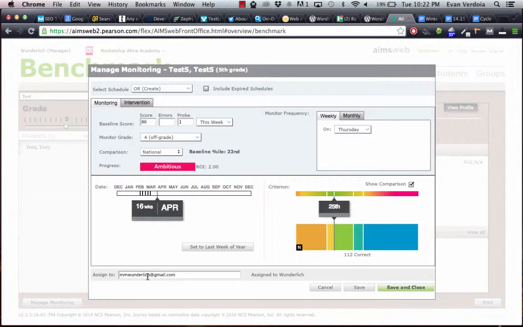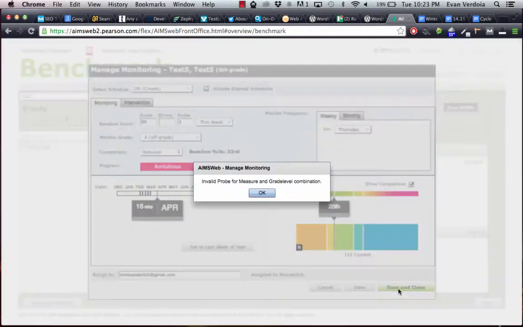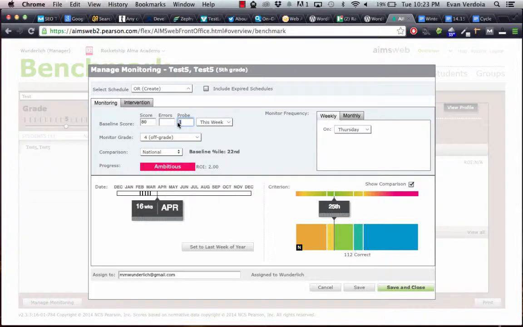You can also enter the ILS's name who will be tutoring right here, and that will add the student to his or her caseload. And then you just hit save and close. And this is a great example. When you are creating progress monitoring schedules for students who are off grade level, normally this would say probe 1, probes 1, 2, and 3 are benchmark probes, but because this student has been given an SLA and they're being